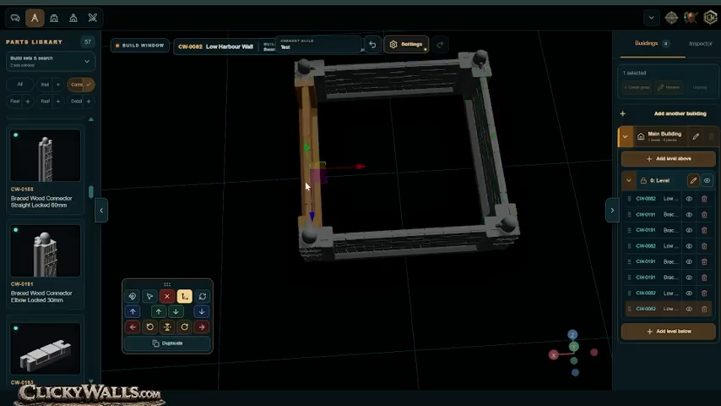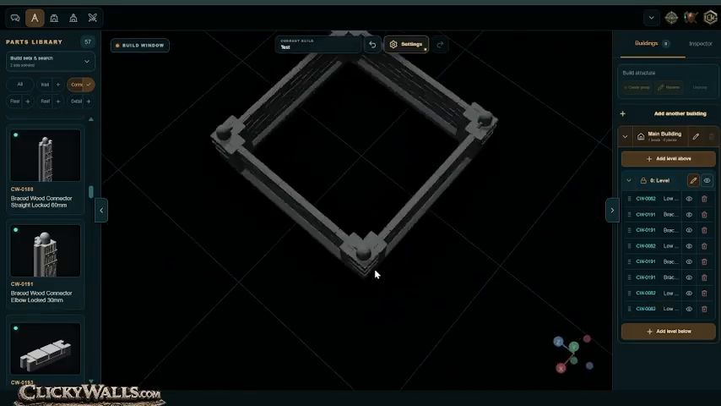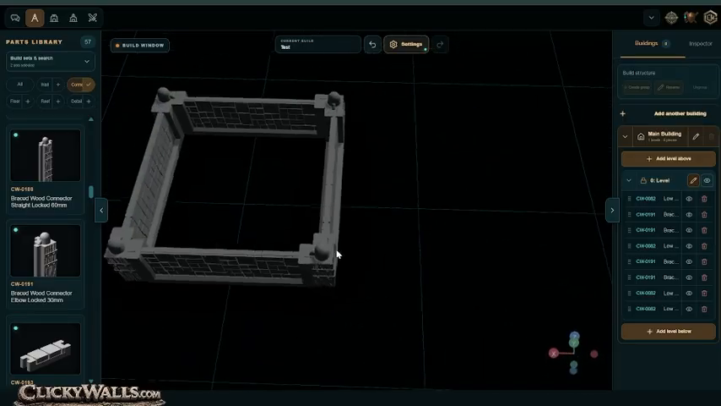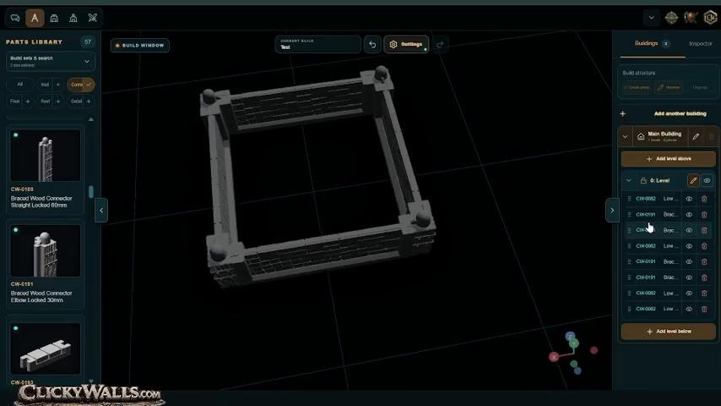But these arrows obviously do it a lot quicker. So that's how you build a little wall really quickly. Now this is on level 1, and so